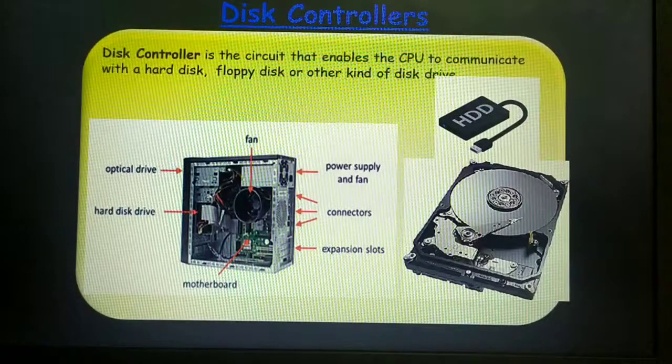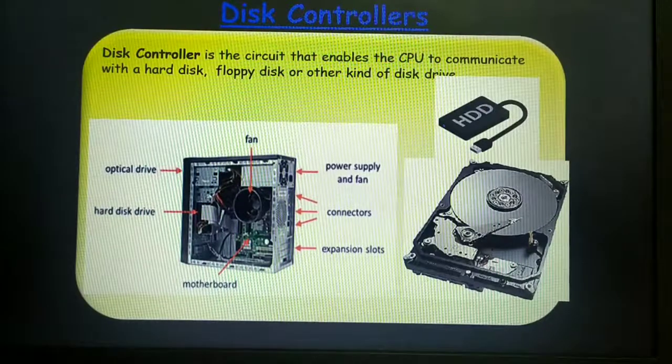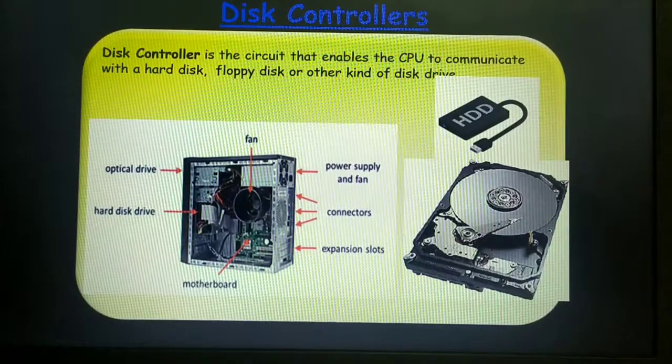Suppose you have Windows as an operating system. Sometimes it so happens that whenever you plug in your pen drive and click on My Computer, you are unable to see your pen drive at all. That means your operating system has not detected the pen drive. What will you do? You immediately eject it, and once again you plug your pen drive into the USB port of your computer. Maybe the second time your operating system may detect your pen drive and then you are able to access the contents, copy or whatever it is from the pen drive to the computer system.